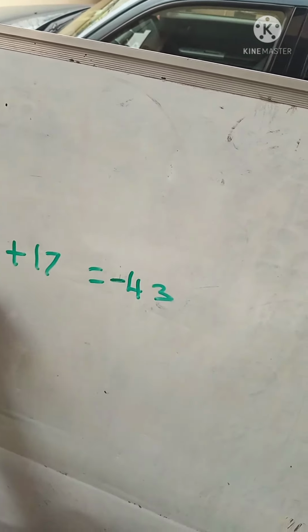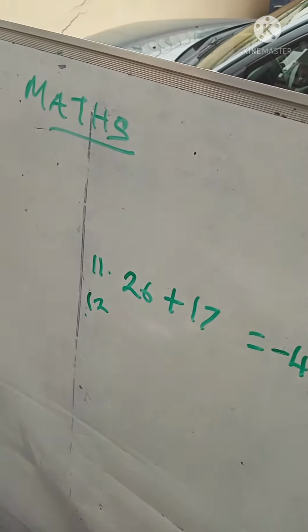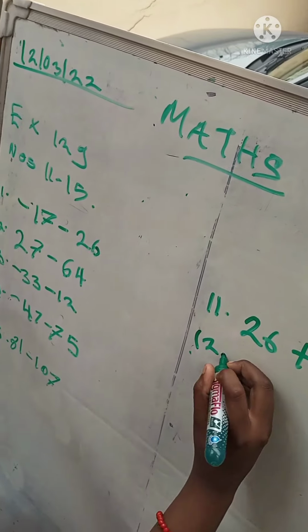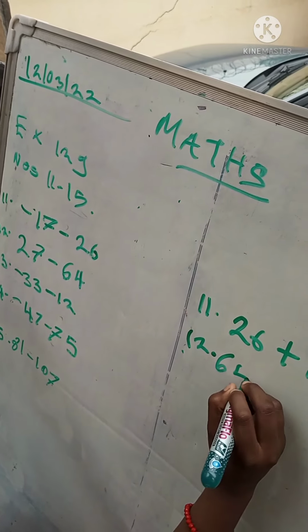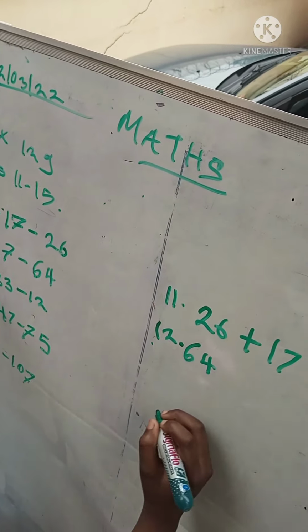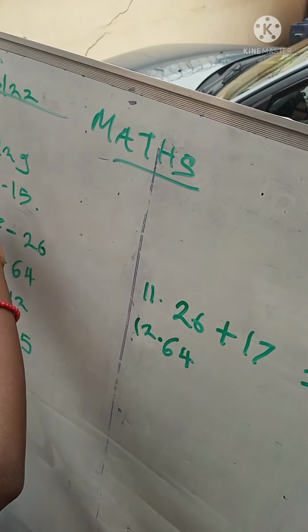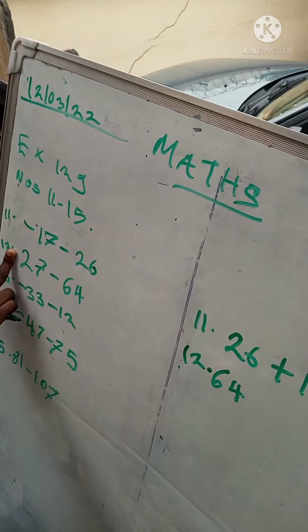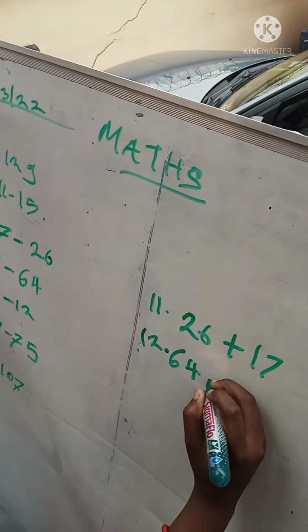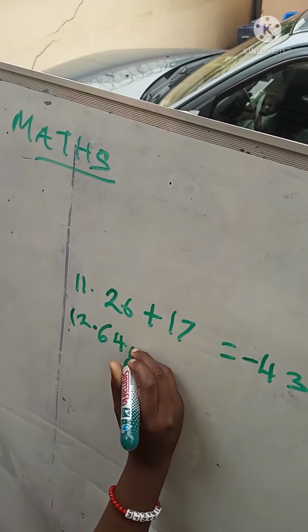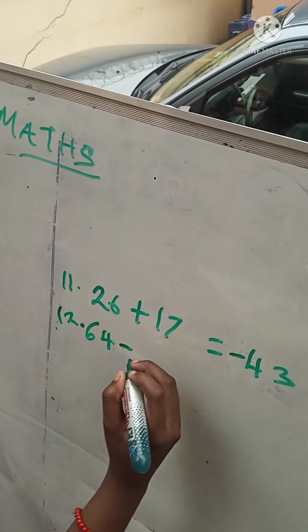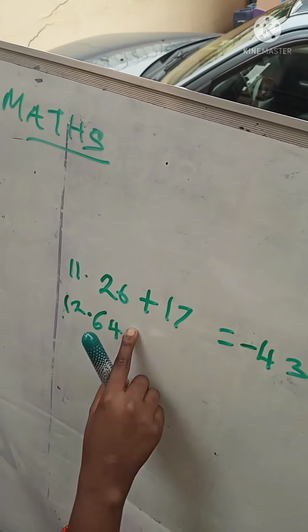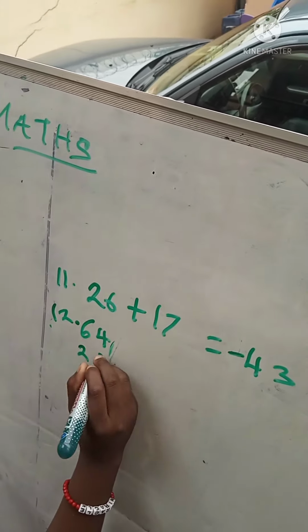Number 12. 27 minus 64, and this one is not hard. You just have to start subtracting from the smaller number. Since there's no sign in front of 27, you just subtract it. There's no need for addition. It will give minus